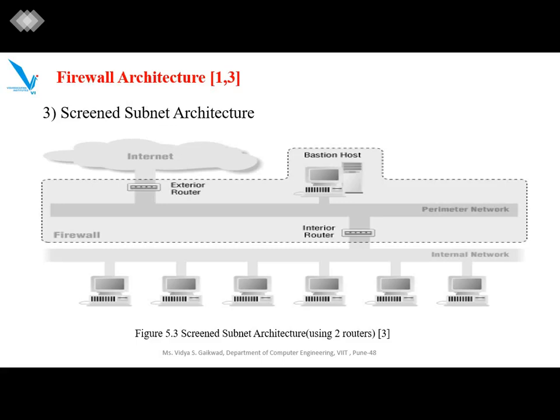So to provide more security, a number of perimeter networks can be used between the internet, the outside world, and the interior network. So the less trusted services are kept in the outer perimeter network, so that if the attacker is able to break the outer system, he has to work hard to break the internal system. So this can be achieved by using a different configuration for each perimeter network. If all the systems have the same rules, then this additional perimeter has no use to provide additional security.